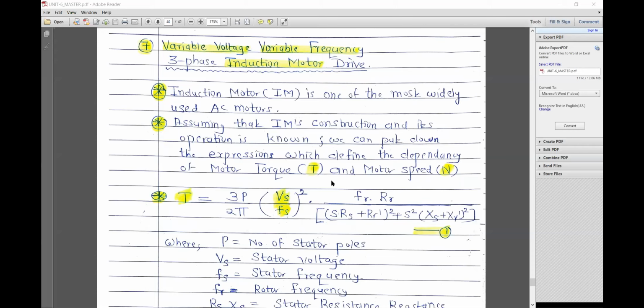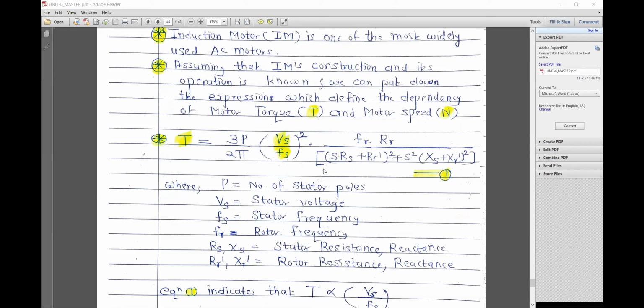Do you remember our discussion on the single-phase DC motor drive? There also we had put down an equation for speed and torque. Understand one thing, that from a motor we need only two output performances, that is speed, which is variable, and appropriate torque. Is it clear? Yes, sir.